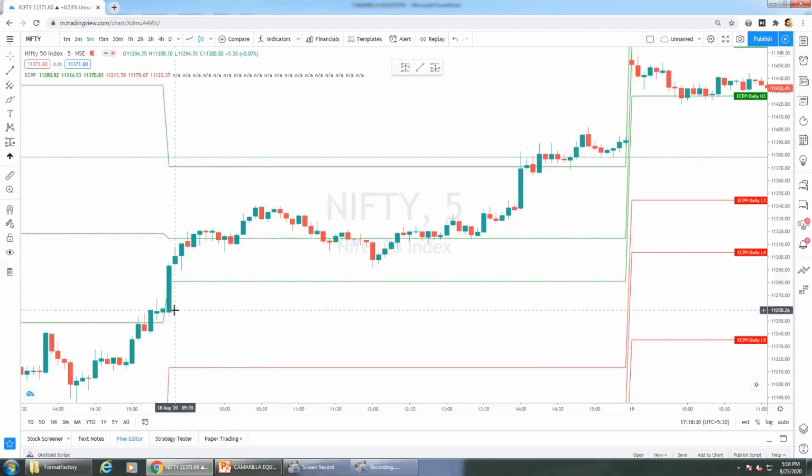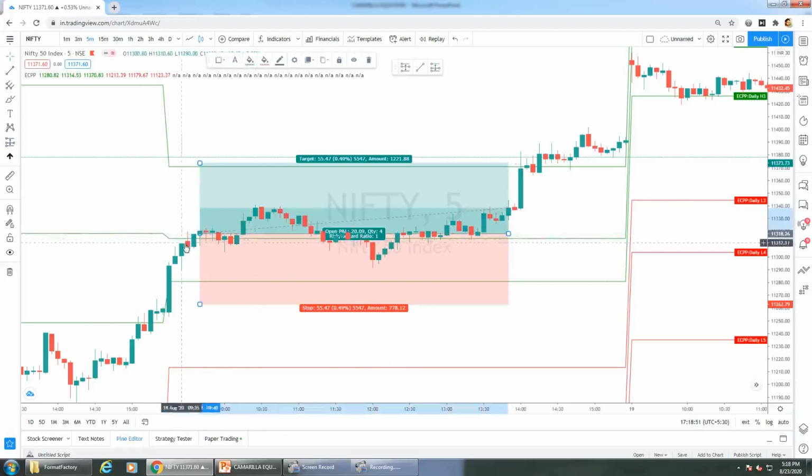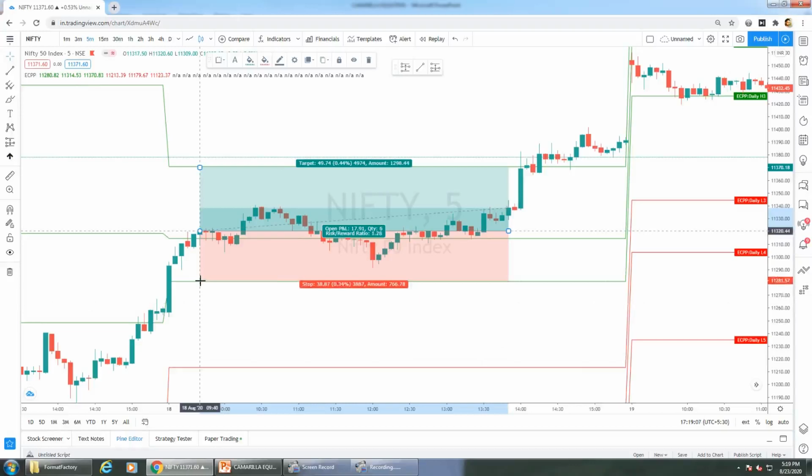If you see here, price opened between H3 and L3. It went above H3, so there is no reversal, but at this area it tries to break out and is not able to, but still we can take entry at this point. I'm just placing it here, considering I'm taking entry breaking this high candle. Even though it is not a perfect candle, this one can be the perfect reversal candle because of the lower wick, and H5 will be the target, and H3 will be the stop loss.